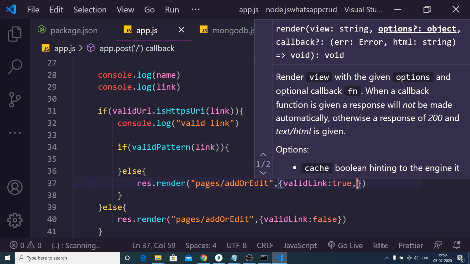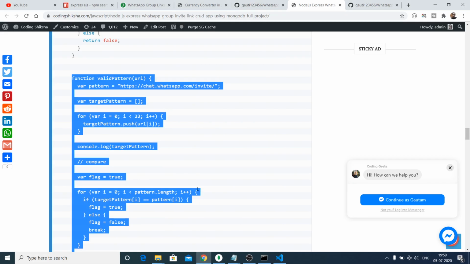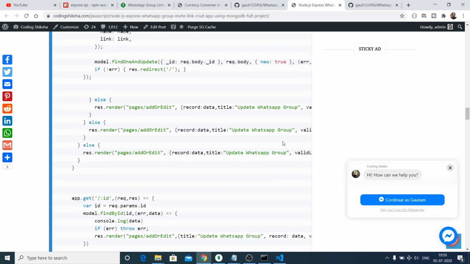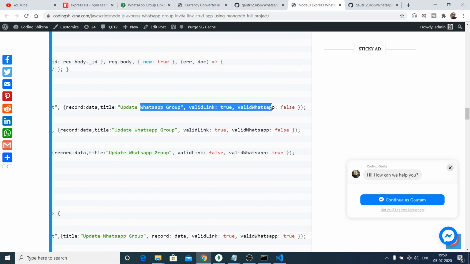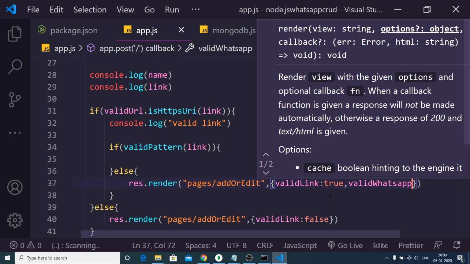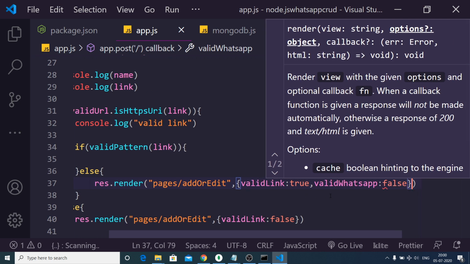So for that we will have another field, let me show you what I called that field too. The field is valid WhatsApp. This is a field I called it, so I will paste it here. So valid WhatsApp will be false.